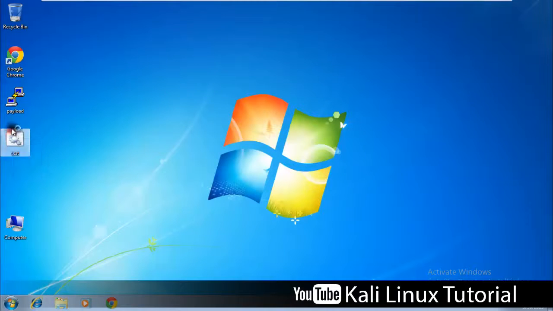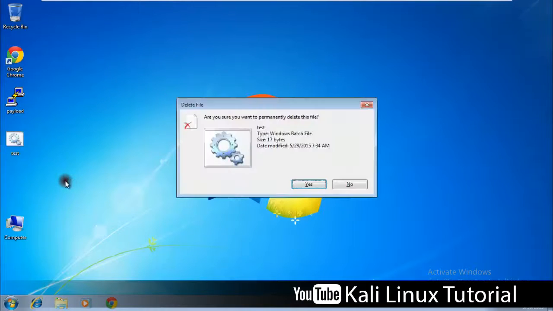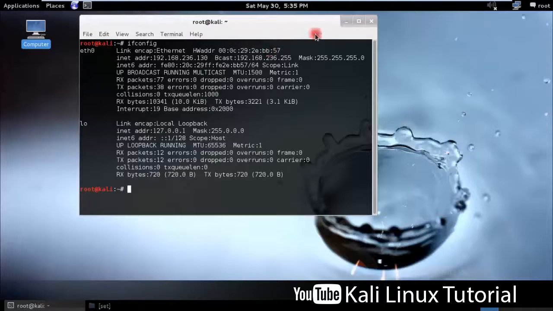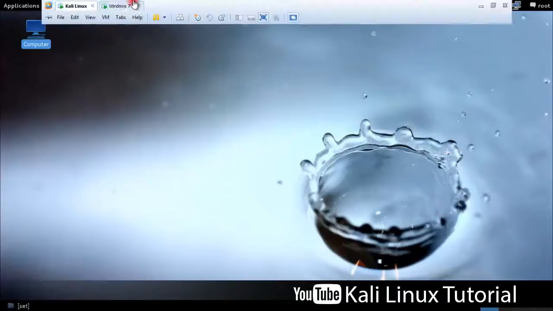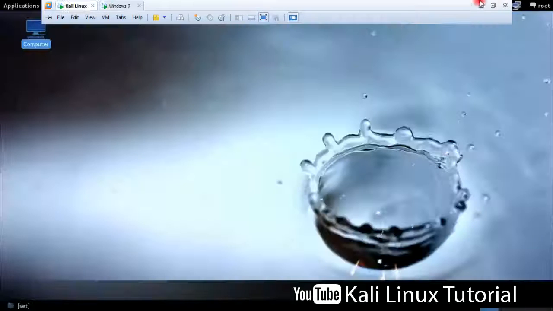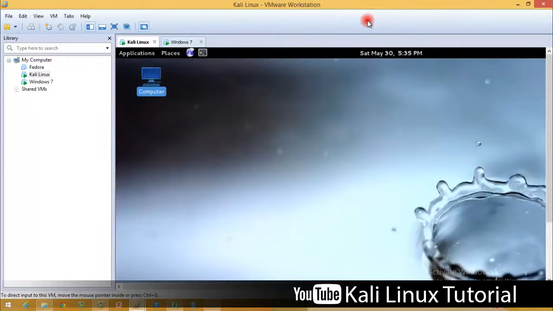So this is one way of attacking using Kali Linux. I'll temporarily delete that because I don't want to accidentally do that once more, and this as well. Okay, so that is it for this tutorial. In the next tutorial, I'll teach you how we can DDoS this machine without the person knowing that I have executed something. So that's it for this tutorial, and let's take a look at the next tutorial on how we can DDoS a person without